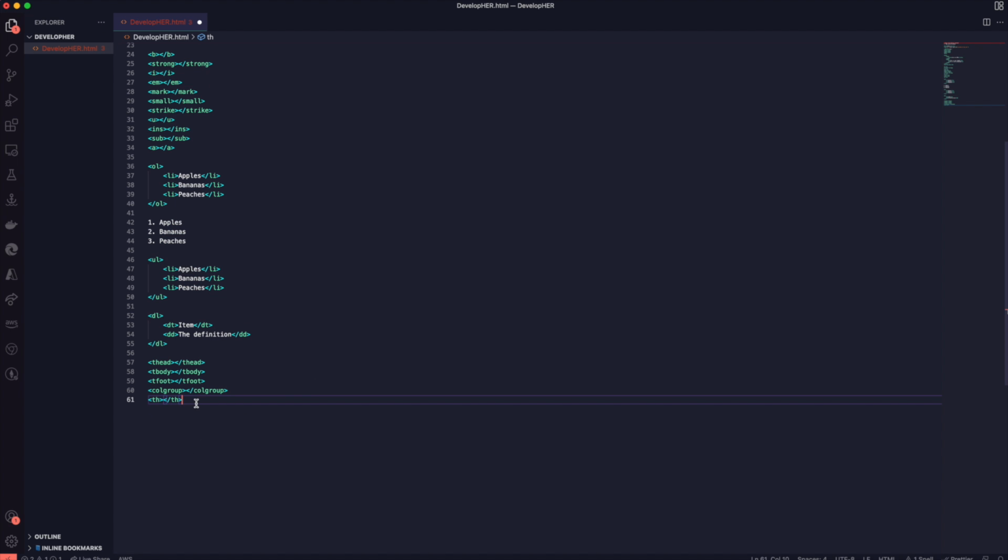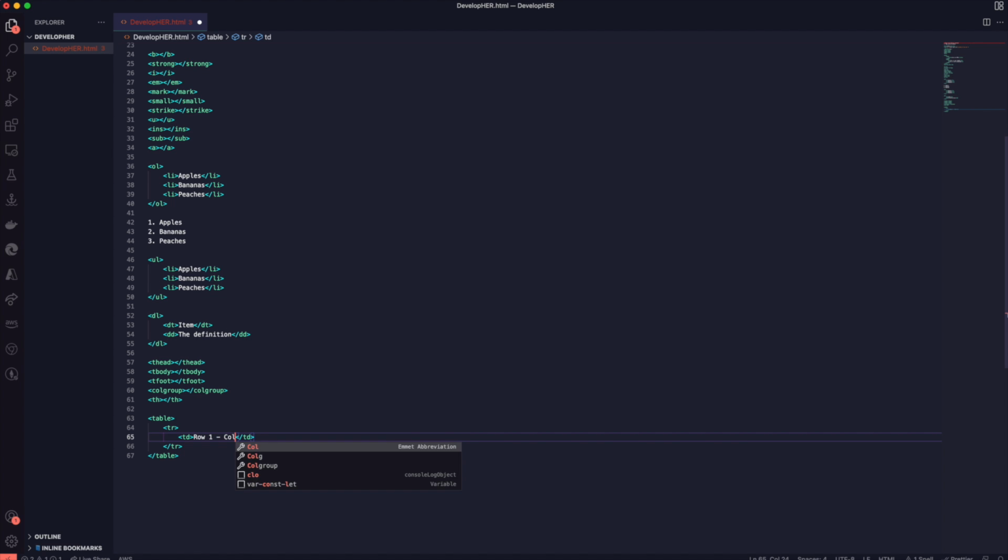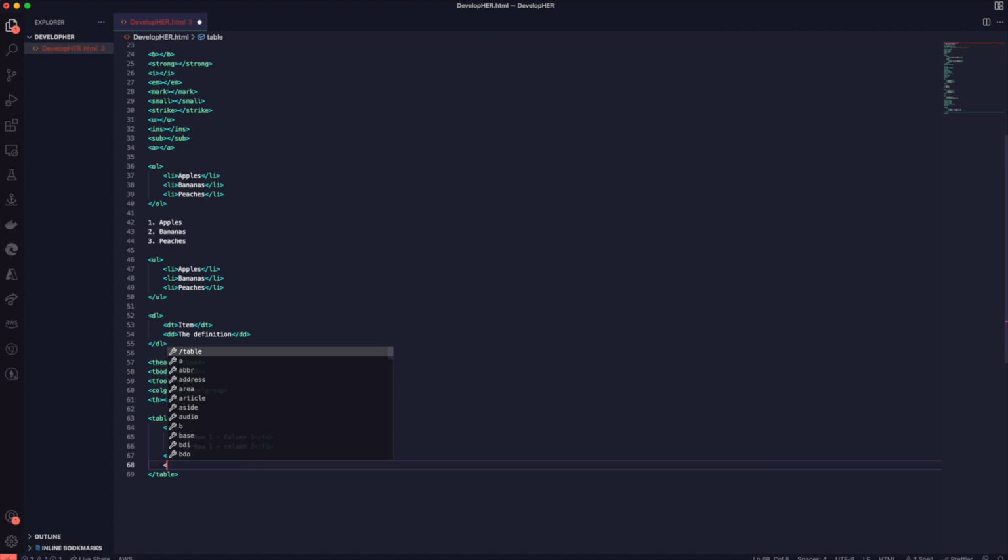So a simple table, if we were to write one out, would be TABLE, and then we would say TR, and then we would say TD, row 1, column 1. And then we could go down here again and say TD, row 1, column 2. And we would let that close itself here, and we would write TR,